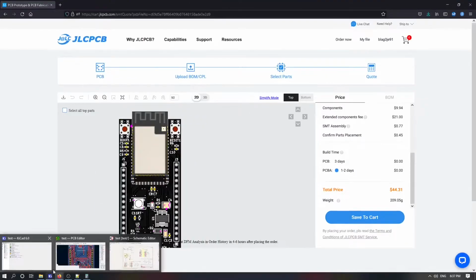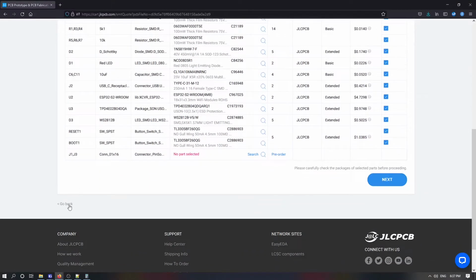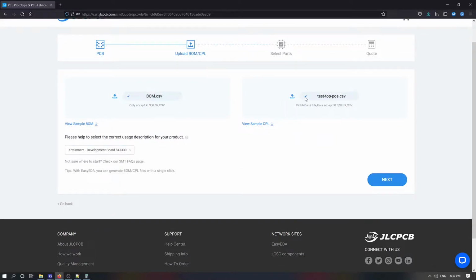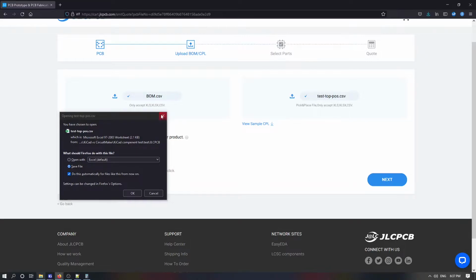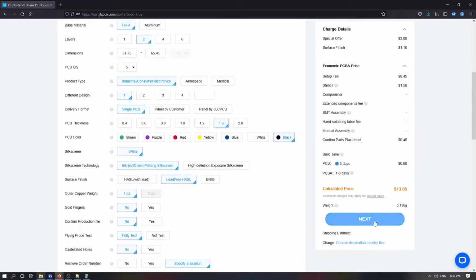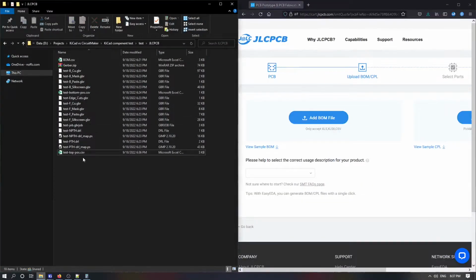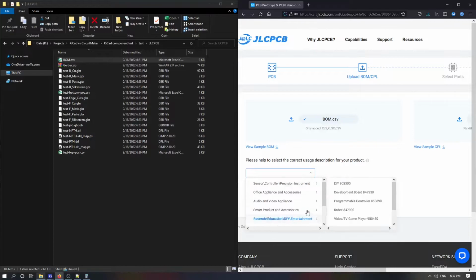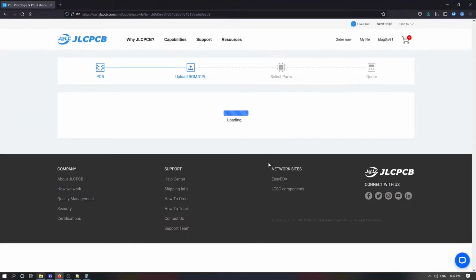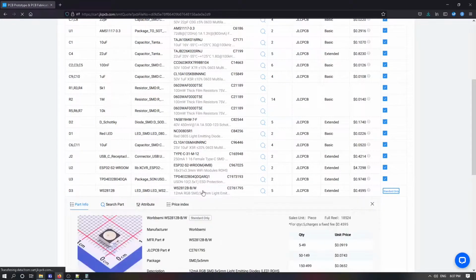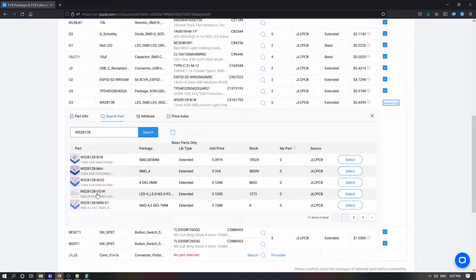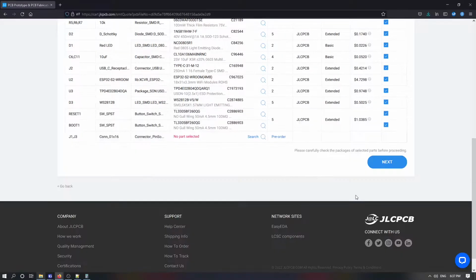So go here, we need to go one step back again, and we need to update this file. So let's just try to add a new file. Let's go one step back. Now we can just click on next. Update again our new file, so you can see that is current time here, and our BOM. Again, go to the research development, update. This is now everything okay. I need to update this one as well. So basically, search just a different one, select next,